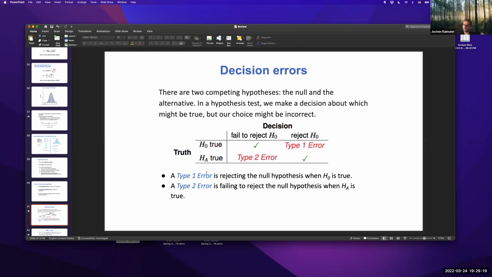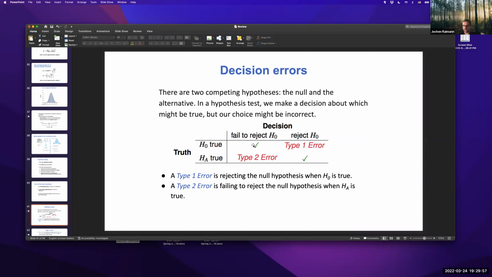Now, when you are willing to accept the type 1 error, you are accepting it at a probability of 5%. That means that you're committing a type 1 error: you're rejecting a null hypothesis although the null hypothesis is true. That's a type 1 error. This is your alpha. A type 2 error is a failure to reject the null hypothesis, although the alternative hypothesis is true and the null hypothesis is wrong. If you do that, the resulting type 2 error is the so-called beta.